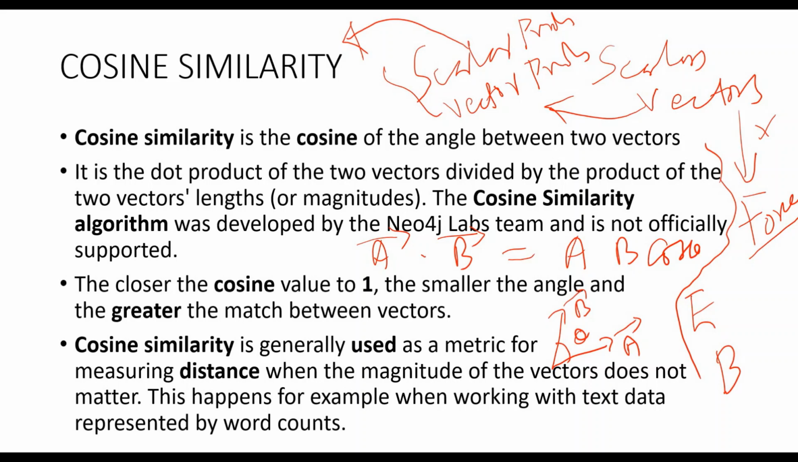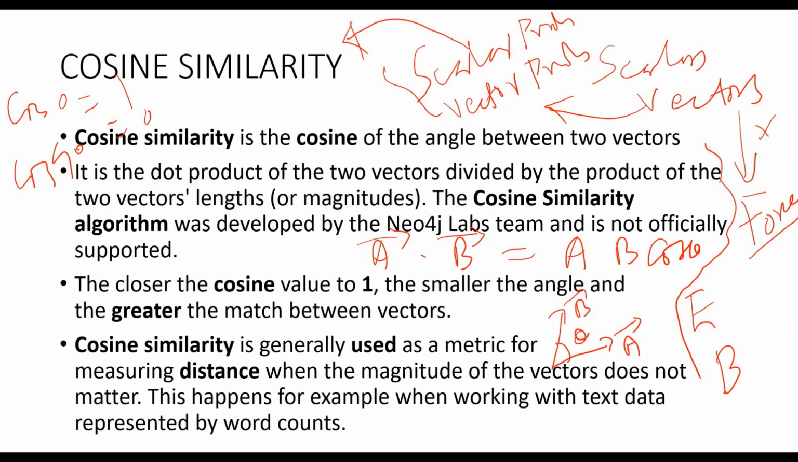The closer the cosine value to 1, the smaller the angle and greater the match between vectors. That means we know the values of cos. See, cos 0 is equal to 1 and cos 90 is equal to 0. You know, in math we learn it. That means the closer the cosine value to 1, the smaller the angle and the match between the